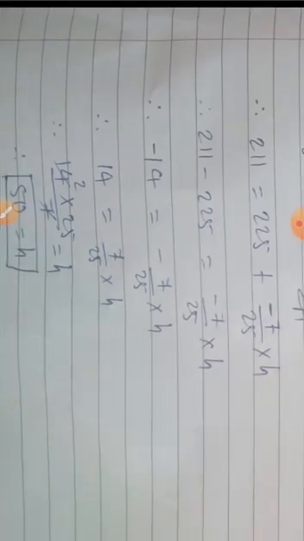Now how to make h the subject? Obviously we should shift the coefficient. The coefficient is 7 upon 25, so at a time we can shift both numbers in a single step. So 25 goes to the numerator, meaning multiplication, and 7 goes to the denominator. So cancellation is possible, 7 into 14, 25 into 50. So the class size we obtain is 50.